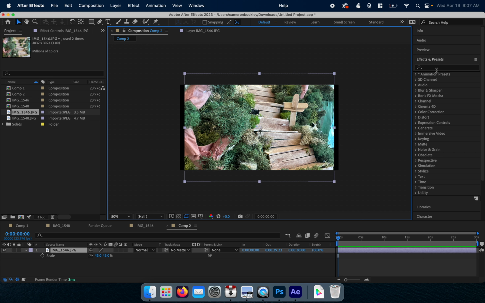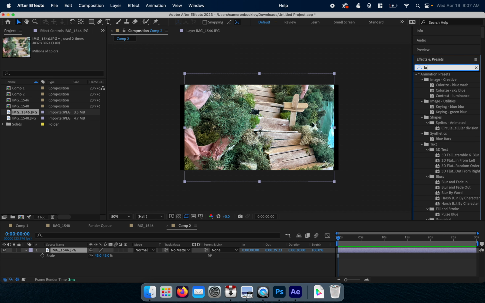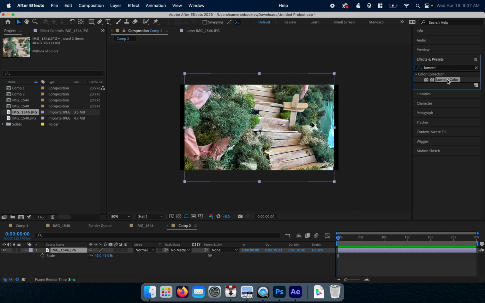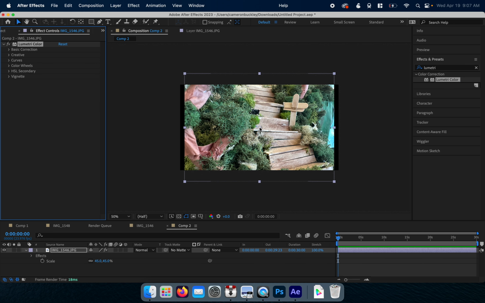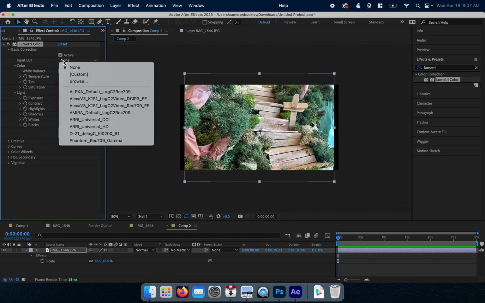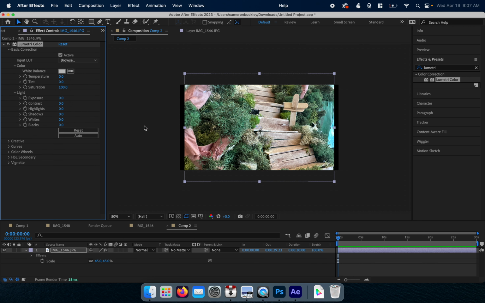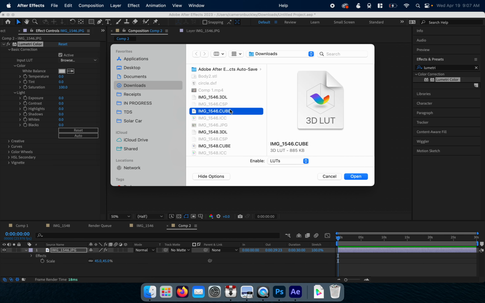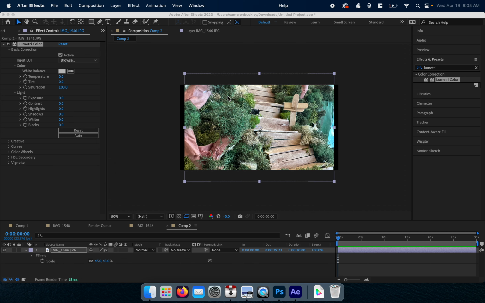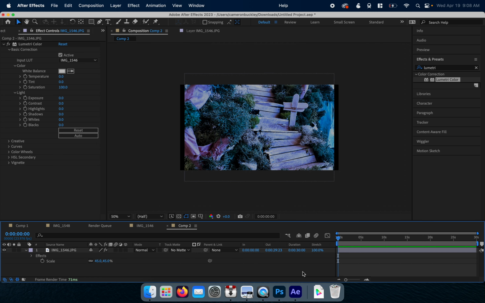I'm going to apply the effect called Lumetri. So Lumetri colors. And again, this is pretty much the same process in Premiere. And under basic correction, there's a LUT. So I go to browse, and I can actually find the LUT that I want to use. So it's, I think it was this one that I just saved. So I'll pick any of the ones that work, and it applies that LUT, and now it would apply it to every frame. Let's bring in, just as a test run, let's bring in the second image